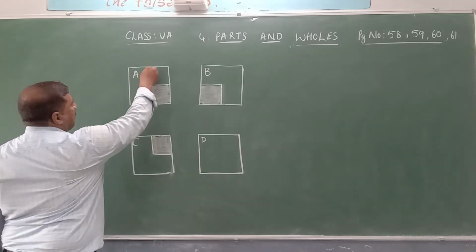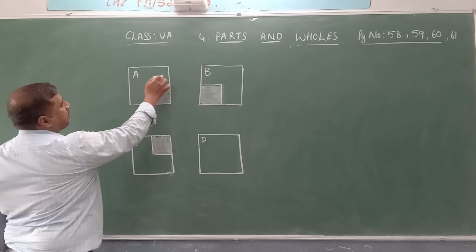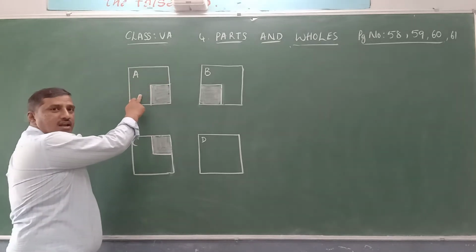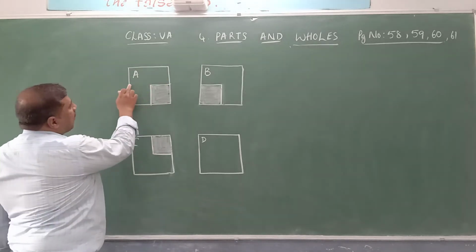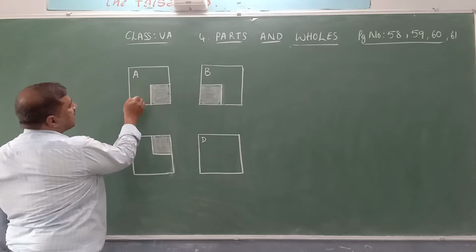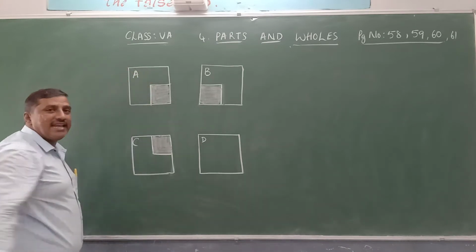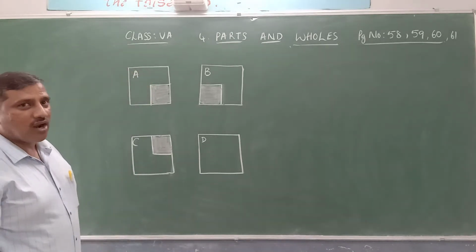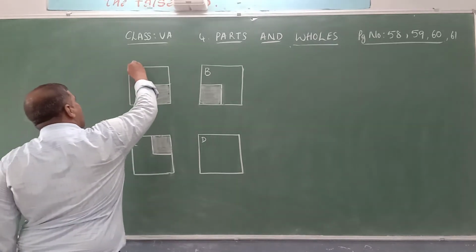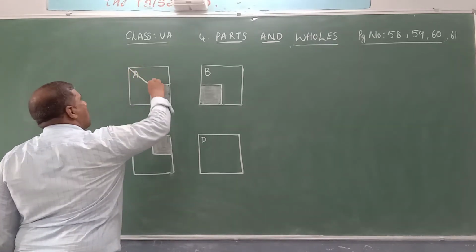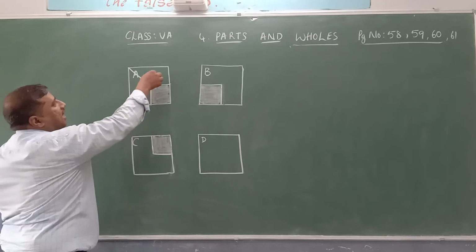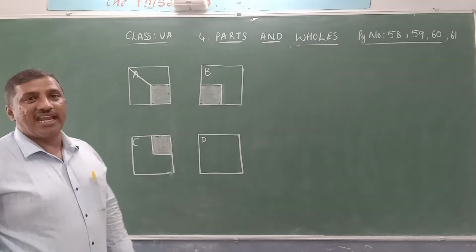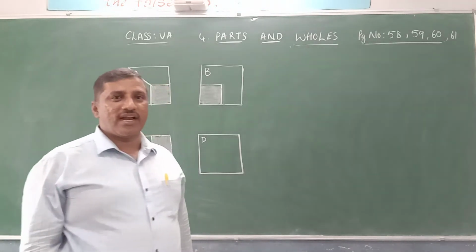Like this if I draw, will we get this? This is one part and this is one part. Are they equal? No. Can I draw like this if I draw here? Now this is one part and this is one part. Are they equal? No. How to draw? Yes, diagonally. Like this if you draw, we get 2 parts. This is one part and this is the other part. Both are equal. Like that you can draw.